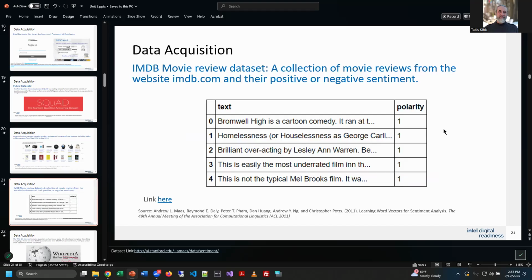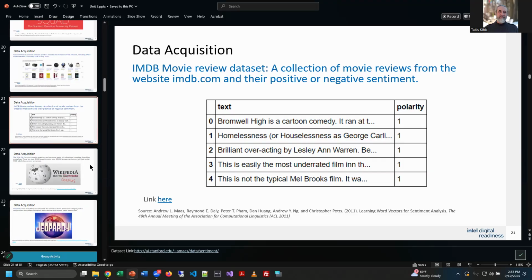Here's one that we've already played with, right? If you remember in the previous course, the Intro to Machine Learning course, we had an assignment where we worked with some of the IMDb movie reviews and descriptions and stuff like that. I don't need to go to this one. You've seen this one already. But that data set's out there too, right? So feel free to access.